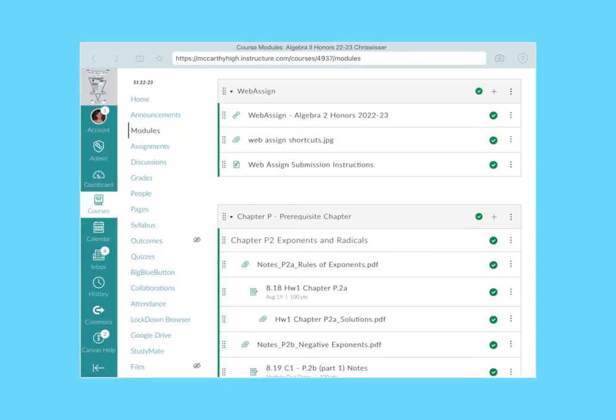All right, so the first thing that we did was set up our WebAssign account. We clicked on the WebAssign link at the top. Your page is obviously going to look different from mine because I already have a WebAssign account, but it would take you to WebAssign. It would upload that instructional video on the module with WebAssign so that if you are at home and you are watching this and you don't know how to create that, there will be the whole video on how to create